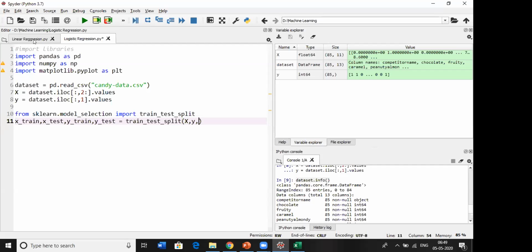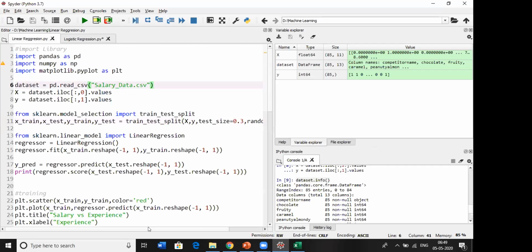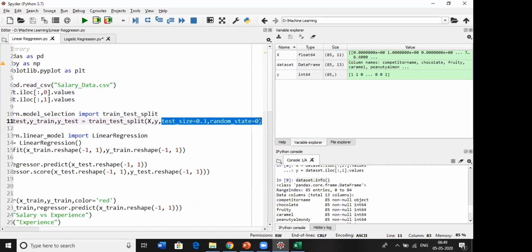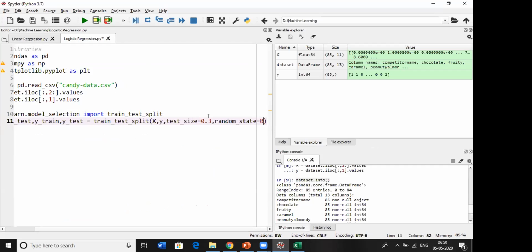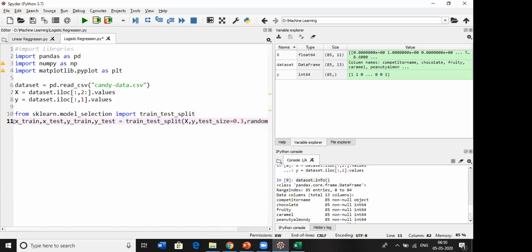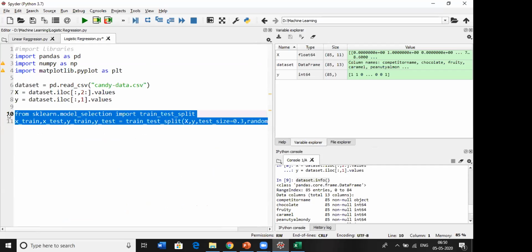I'm going to use this combination because it gives more accuracy. So test size is 30% and random state 0. Select these 2 lines and run this.